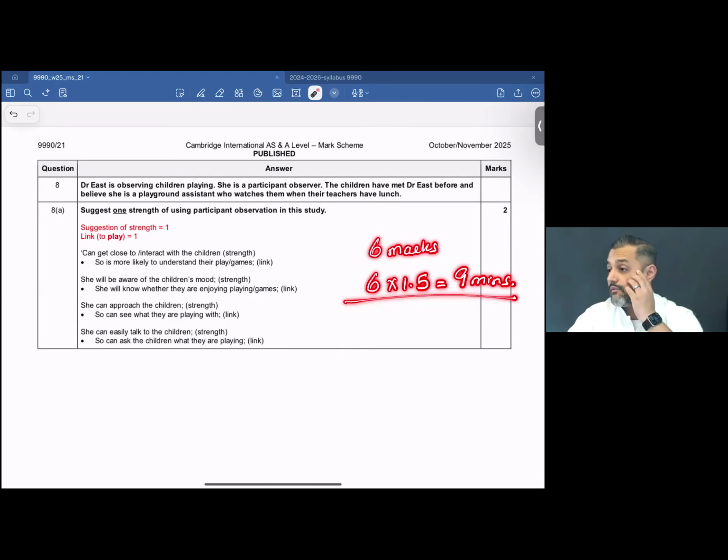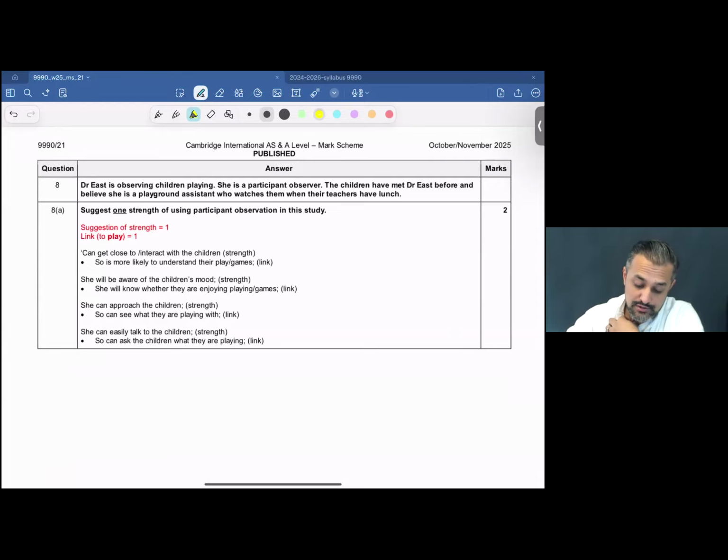Of course, I'm aware you're not wearing a stopwatch. You don't have a stopwatch on you, or even if you do, you don't have the time to reset it every now and then. But knowing that it's 6 marks, that you would have 9 minutes, would be helpful, because then you'd know the amount of time you'd feel comfortable reading this over and over again. For some kids, when they're sitting in the examination hall, they want to save themselves as much time as possible, which might result in them quickly skimming through the question and hopping on to the next part that is answering it. Don't do that. Read your question once, twice, thrice.